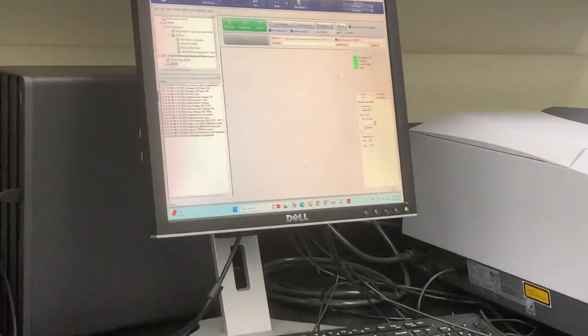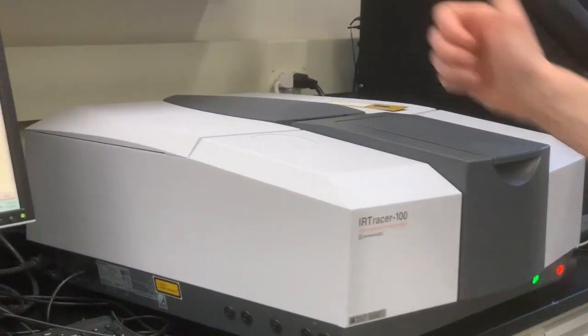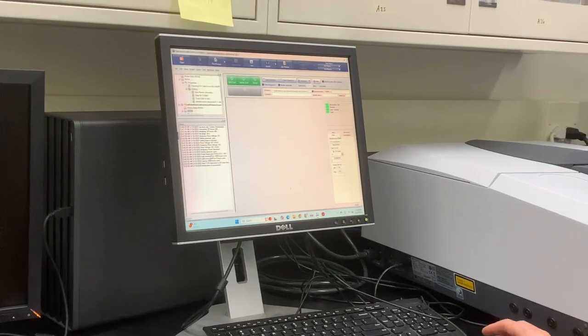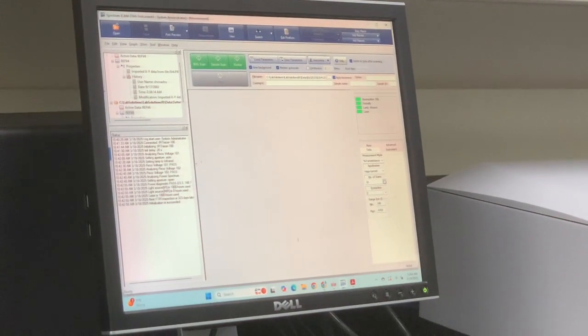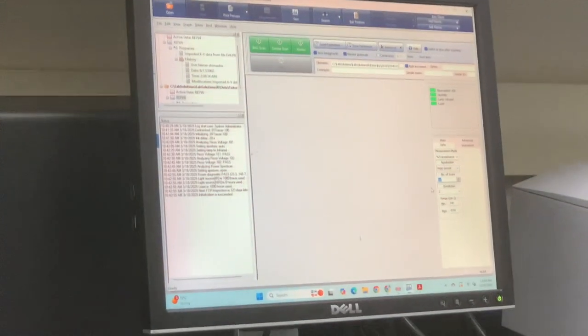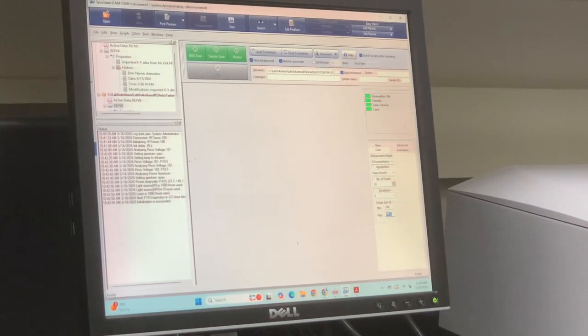Okay, so the sample is out of the compartment, which is good, and we can run a background scan. Number of scans, we'll go with 10 scans. It should be very quick. And then this, of course, is the range. We're going from